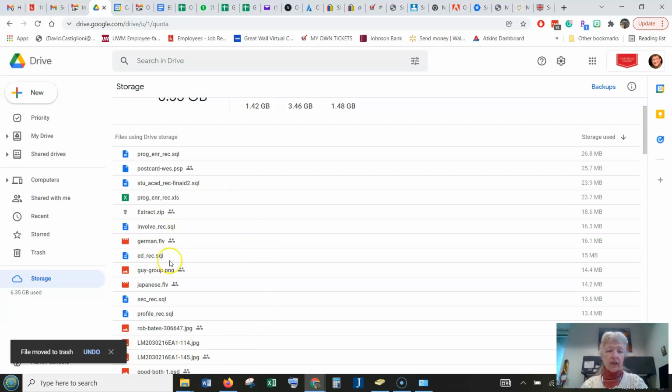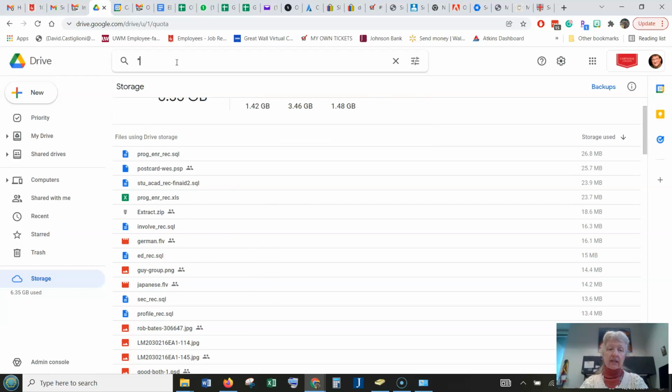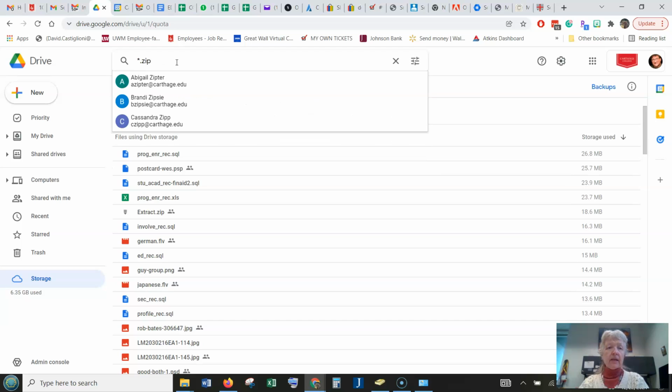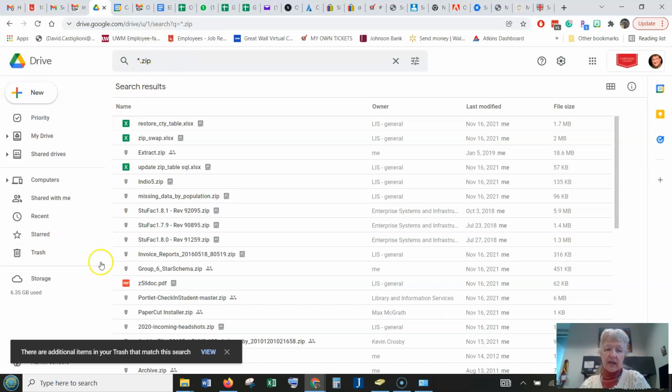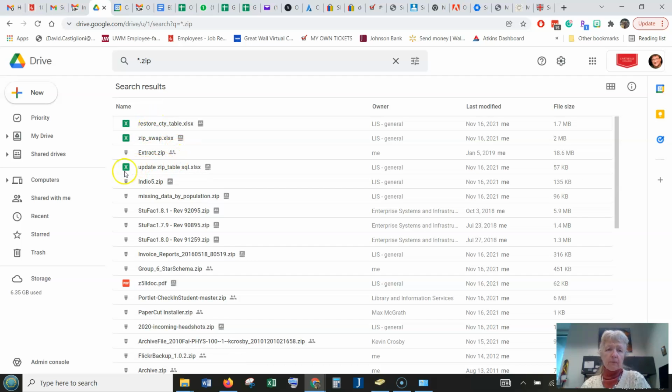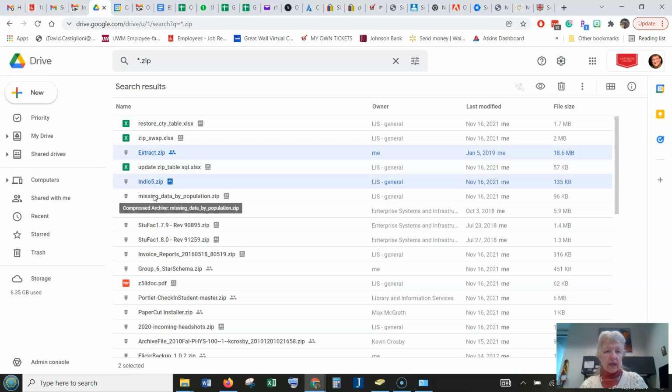Now, we could also look here and say, what kinds of files are we least likely to need again? So for example, if I said, I really want to look for zip files, because those are usually installers and things like that we've put together, although sometimes maybe it said zip inside of something else, I don't know. But here are a bunch of different zip files right here, and now they're no longer in order by size, but that's all right. So I can go through here, hold down Control, and click on the various and sundry